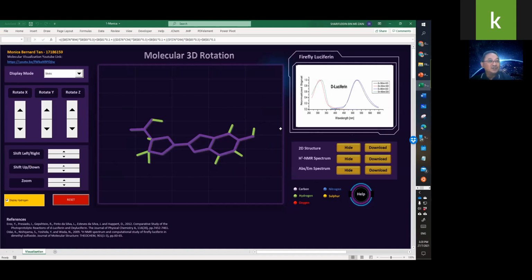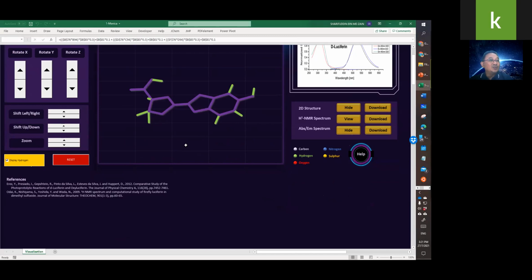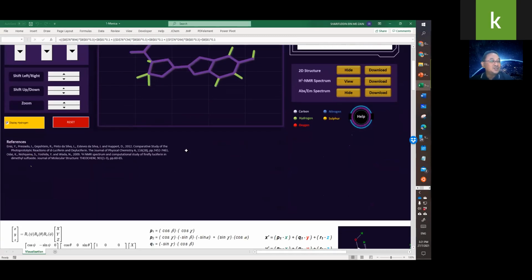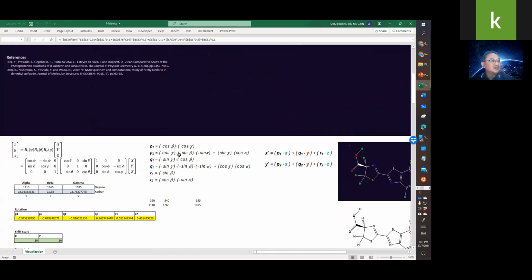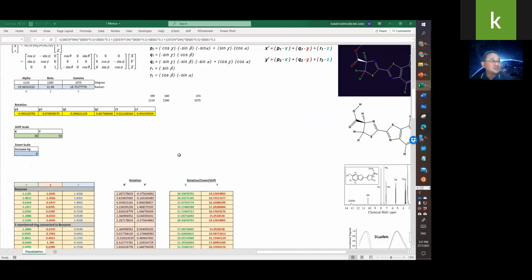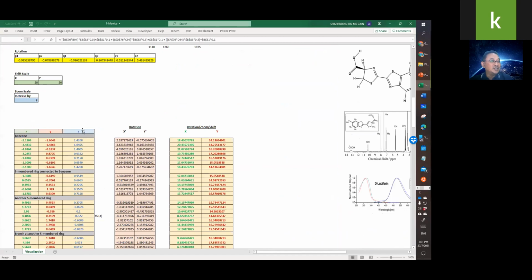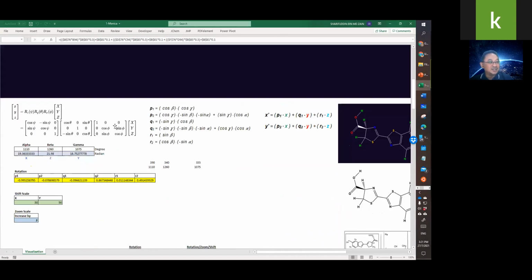Yeah, she even added, you know, if you want to look at the two-dimensional structure, it's not working. Yeah? Never mind. But all these are actually done just using some numbers in a cell. Okay. So what they did was each of the coordinates is multiplied with the different matrices. So the X rotation, Y rotation, and the Z rotation matrices, and